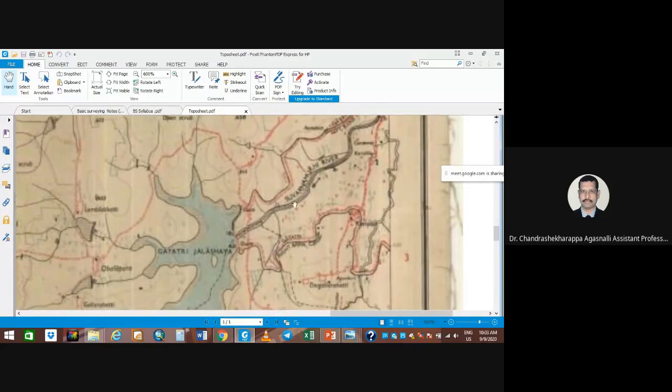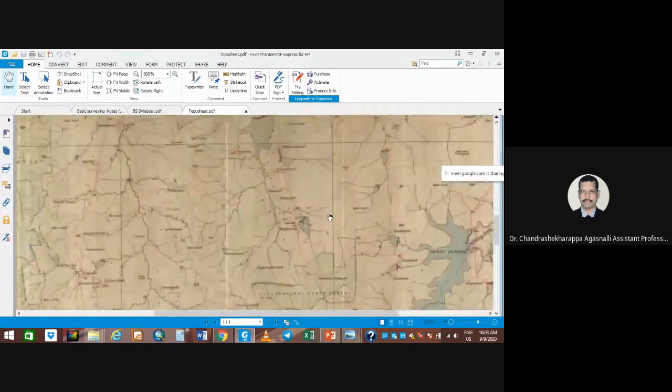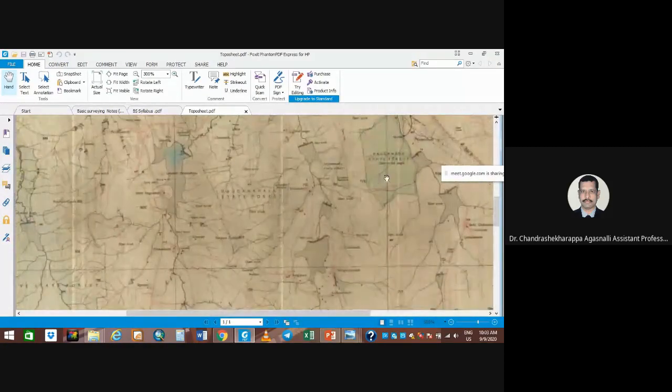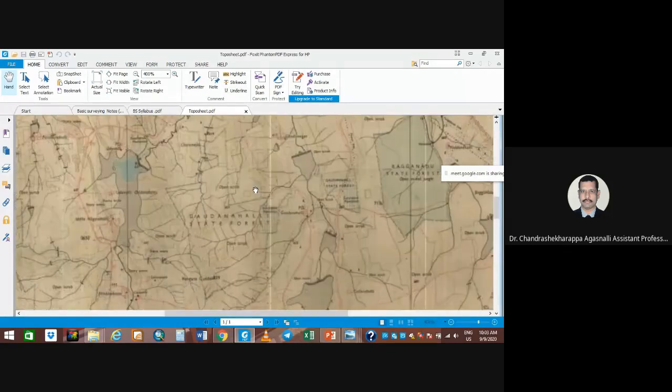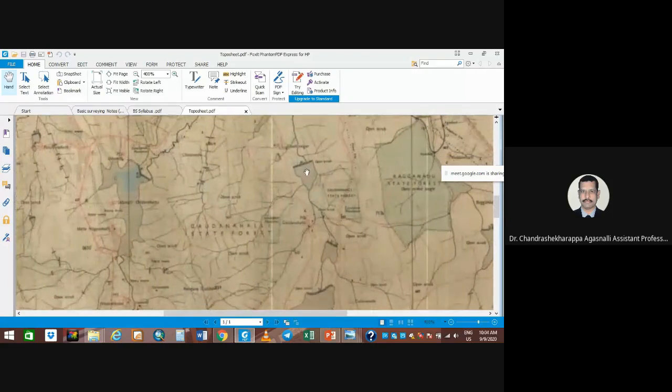Some river, Suvarnakashi river. Yeah, and here is Ranganadu. Okay, Ranganadu State Forest. Okay, and this also small, the what you call this,